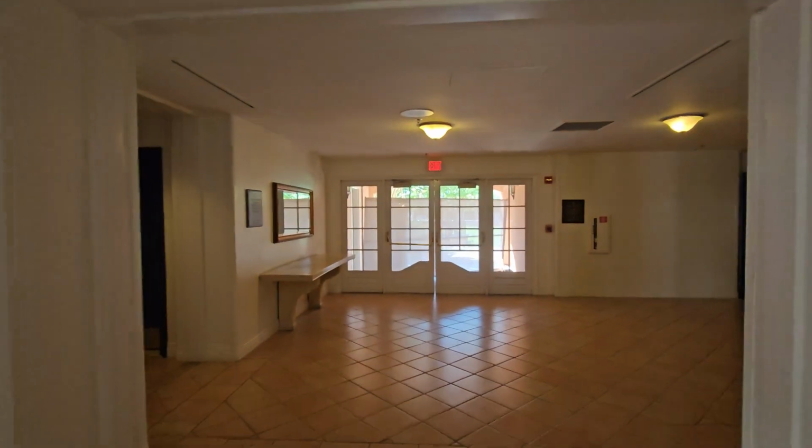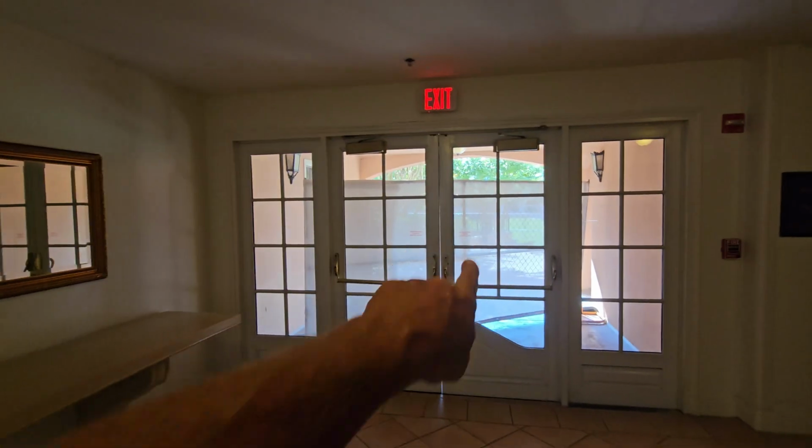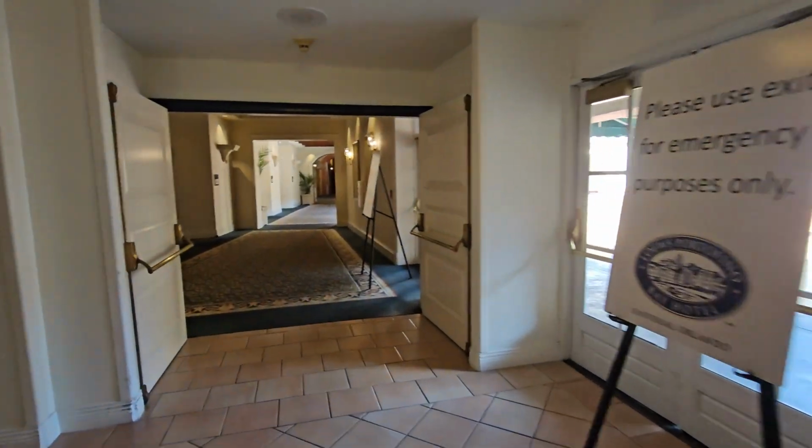Last week I couldn't get to the villa pool, but your villa rooms are down here. But you actually come through these doors here, cut across the big yard, and the villa pool will be out here on your left side. I appreciate you letting me know that. Now I know something new about the resort. Let's walk back out of here,